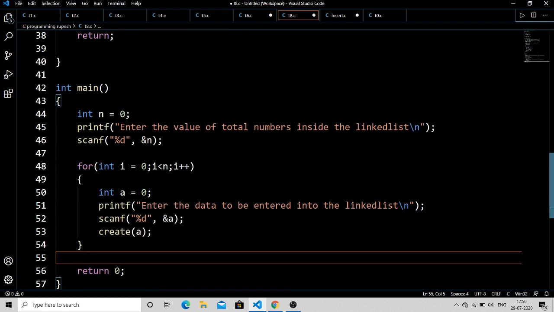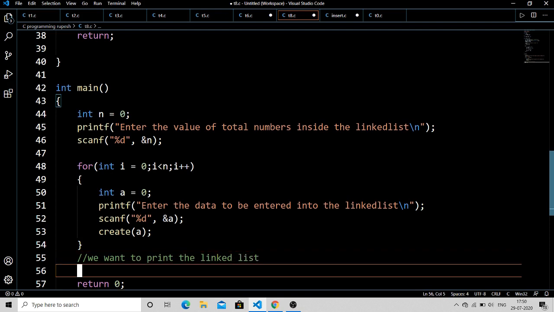So till now we have declared the linked list, and we have added all the nodes into the linked list. Now we want to print the linked list. So how to print this linked list?